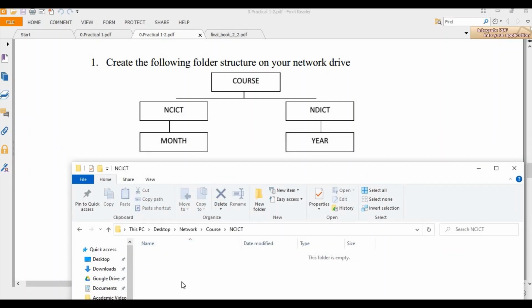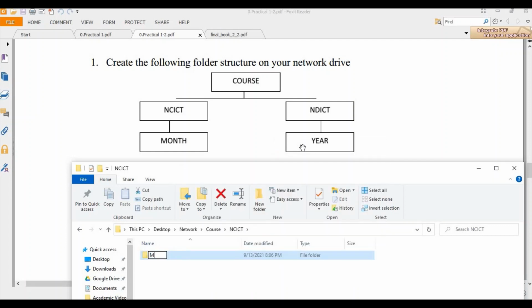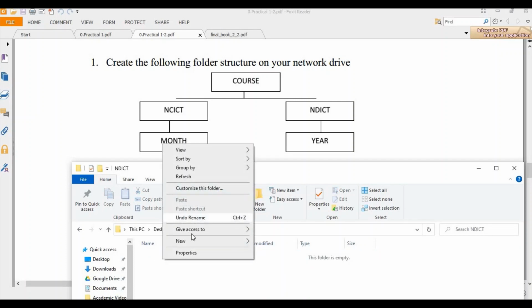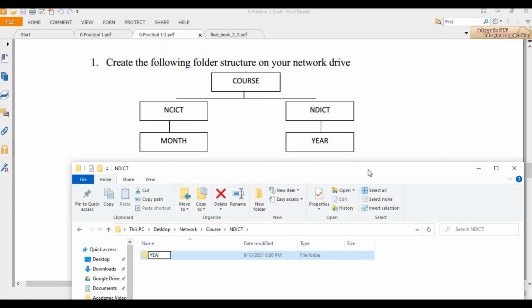Then NCICT open, new folder, month. Go back, then open NDICT, new folder, year. Now the given folder structure are created inside the network drive.